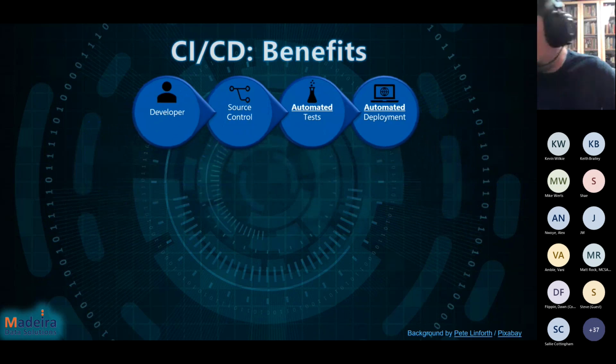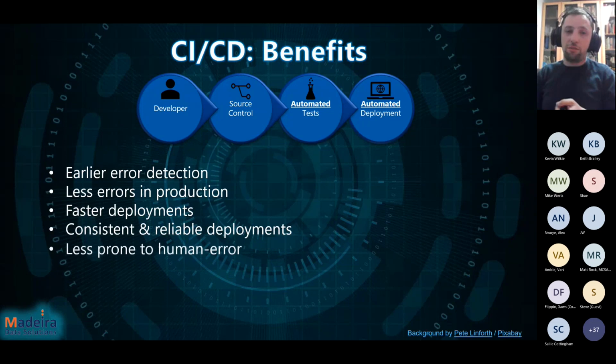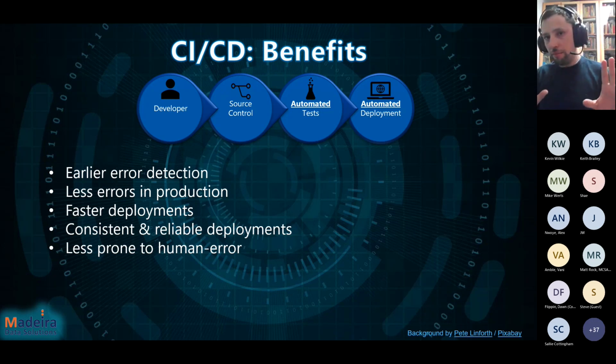What are the benefits? As I said, we have earlier error detection. We have fewer errors in production, faster deployments, more consistent and reliable deployments, and overall, our development process, or our database, is less prone to human error. These are the technical benefits, right? These are the benefits to you as a SQL developer, perhaps, but it also has very direct implications on the